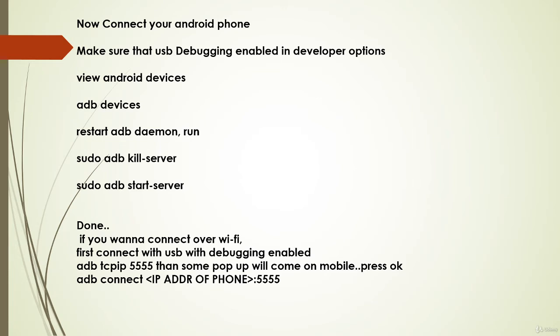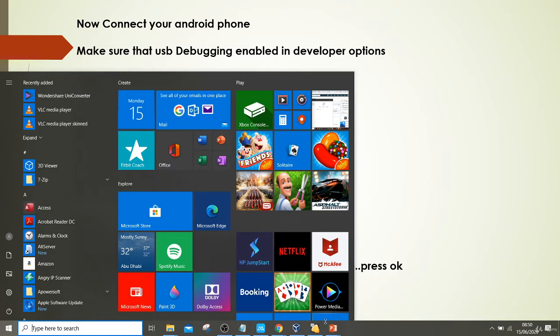So in this tutorial, we will be interacting with our Android phone by connecting it to our machine which we have just installed in the previous tutorial. Before connecting, make sure your USB debugging is enabled as discussed in the previous video. Now once the system is connected, when the USB is connected to your vulnerable machine, or the VM which you have installed, you can see it from here.